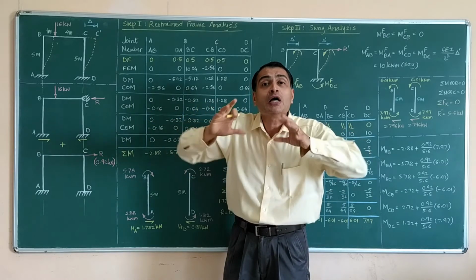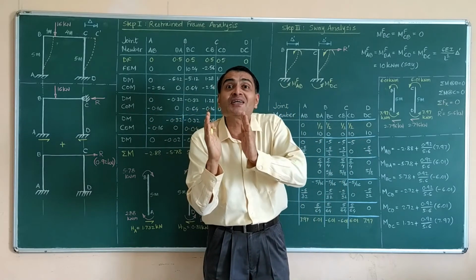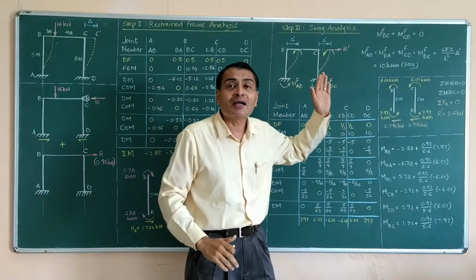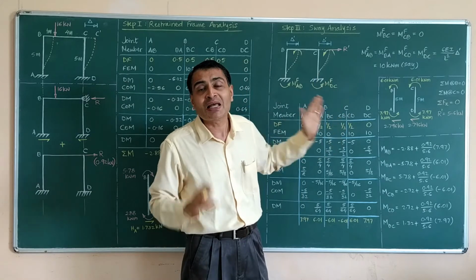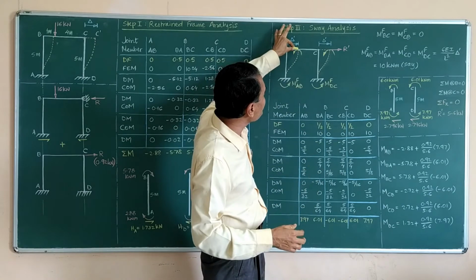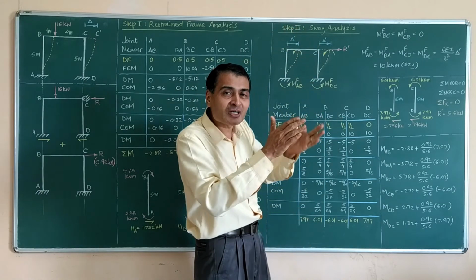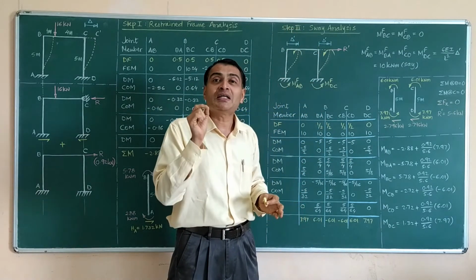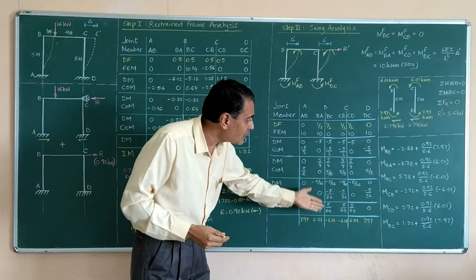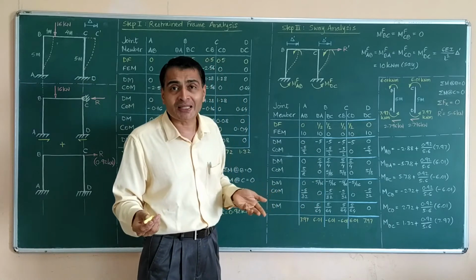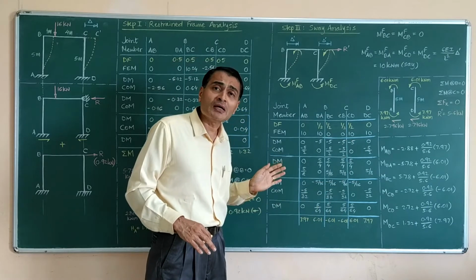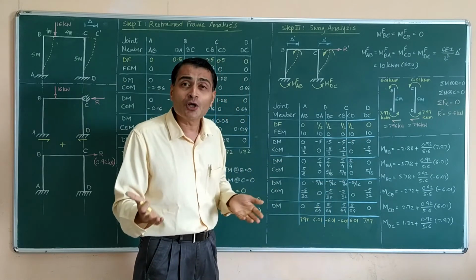Rotation of joints. Now we are concerned with just translation of joints. So at one time we are only considering rotation, and now only translation. That's why there is no theta B, theta C. Beam BC simply translates rightwards, and there is deformation in AB and CD columns only. And then I carry out my usual moment distribution analysis. Again, I don't spend a lot of time here because you can do it readily on your own.